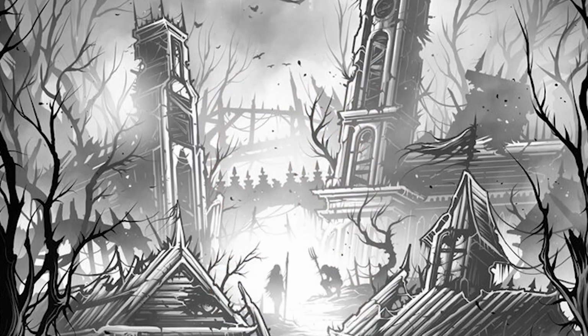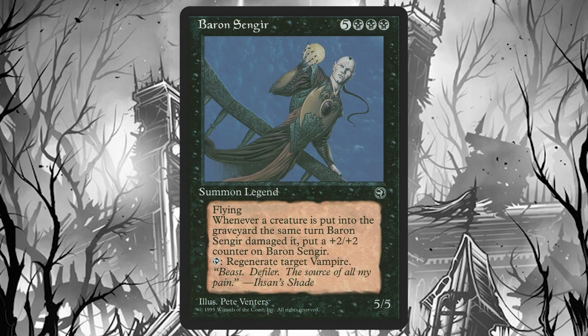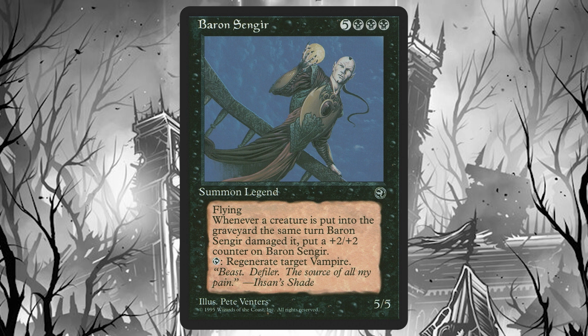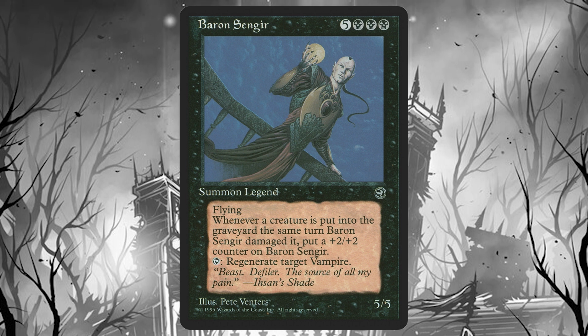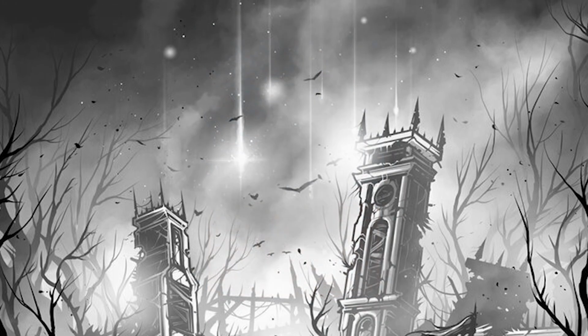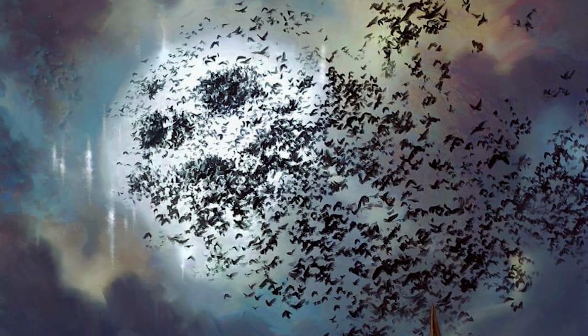Jumping ahead a couple years, we would see the release of Baron Sengir, the vampire from which the Sengir vampires descended. Baron continued the tradition of gaining some sort of value off creatures dying, but this time he came with a form of protection with his regenerate ability. Now, a few more cards I wanted to mention as we move through these early years of the creature type